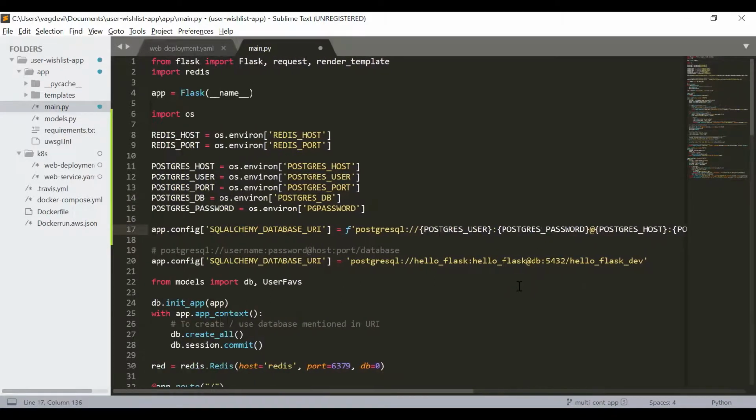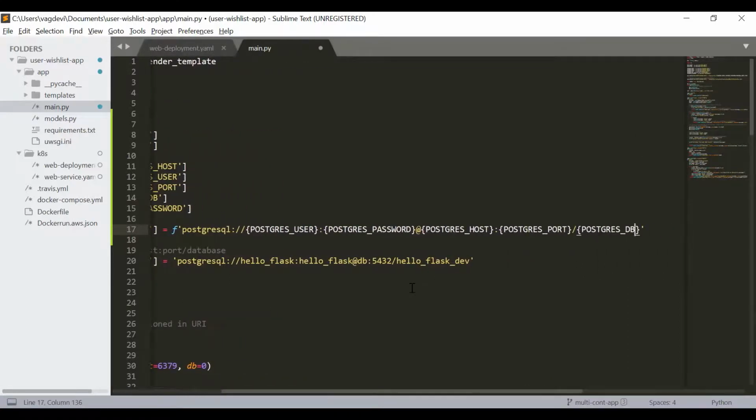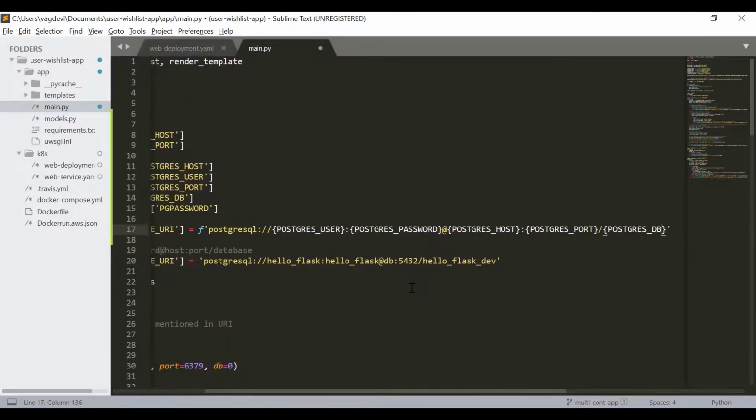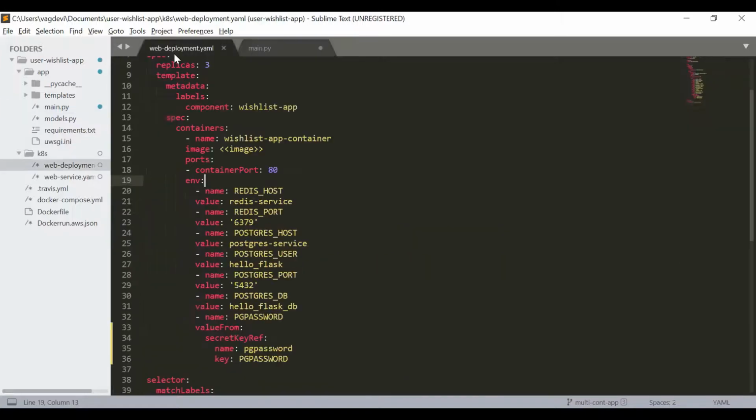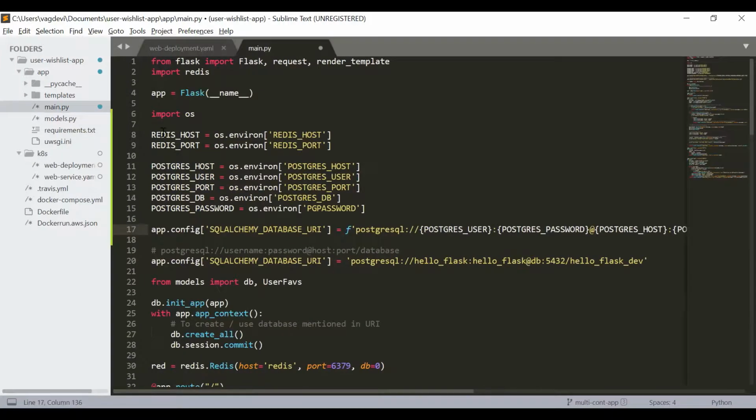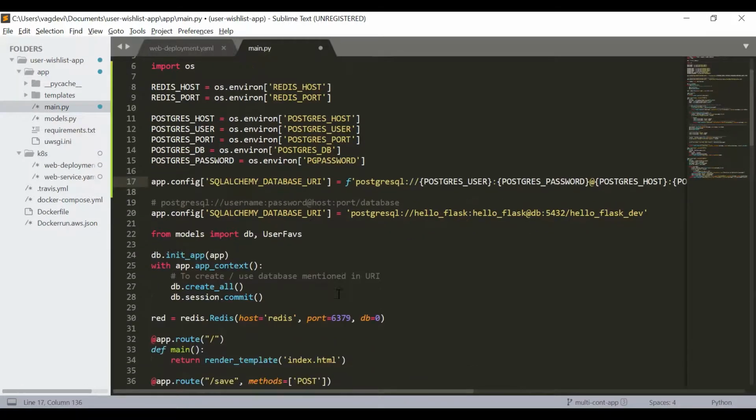Okay, paste it. So it looks like this. All right. So we are just using the variables which we have configured as the environment variables in this deployment, and then we are accessing those values here, and then we are using it in the form of f string. Okay, so just comment this line and just use this line. Okay, save it.